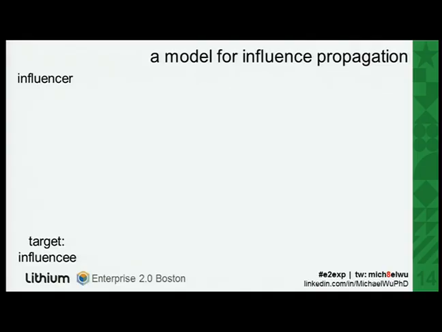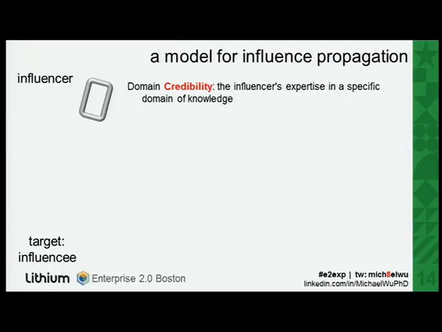So this is a model for influence propagation, right? It asks the question of what does it take for the influencer's influence to propagate to the target? And by analyzing 10 years of data at Lithium Technologies, we identified 6 factors that are critically important. First is credibility, right? If I'm not credible here, I can't influence you, because why? You're not going to trust me. But on the other hand,